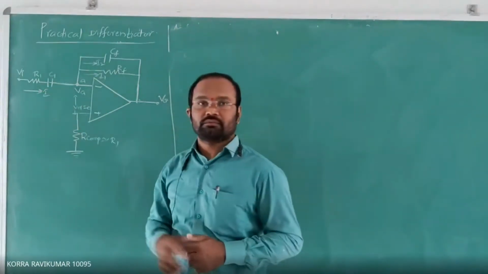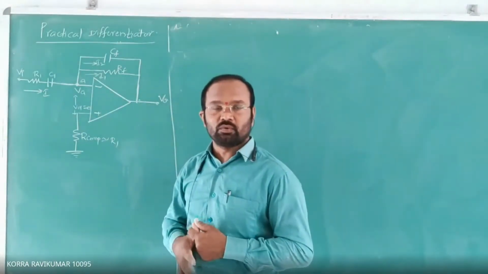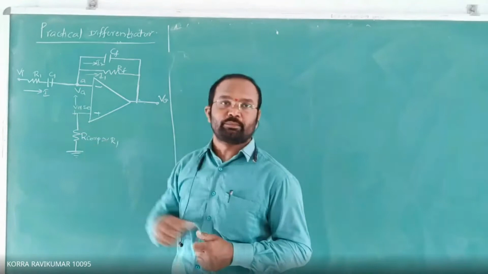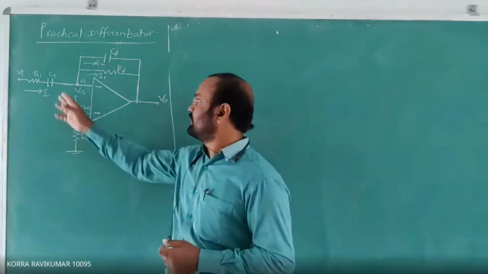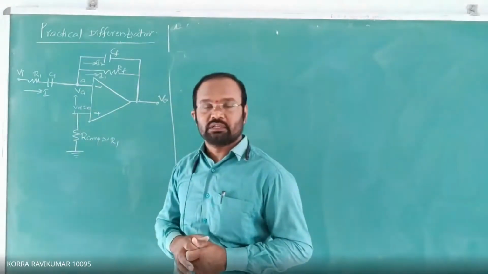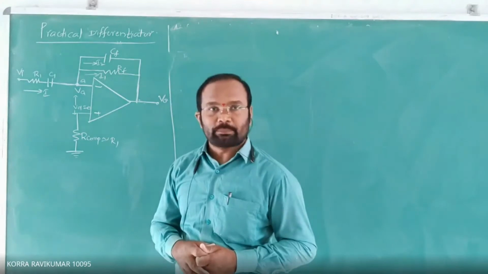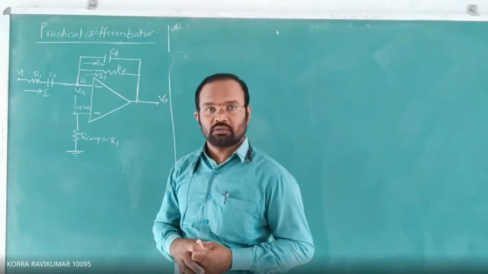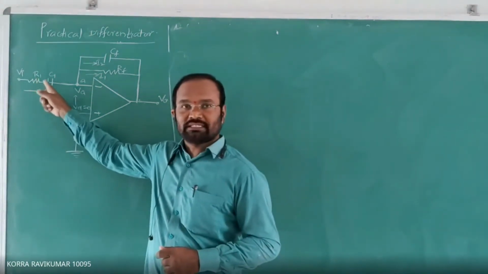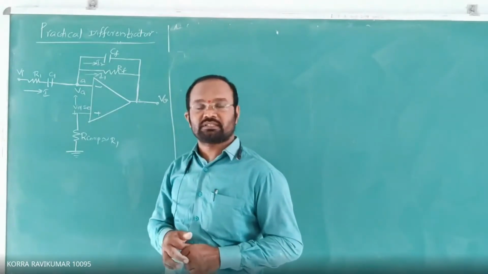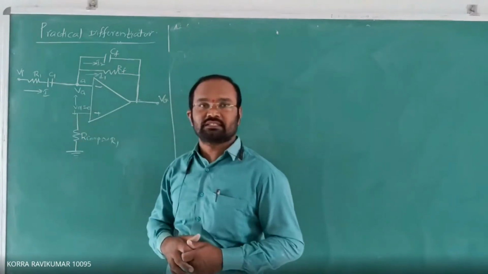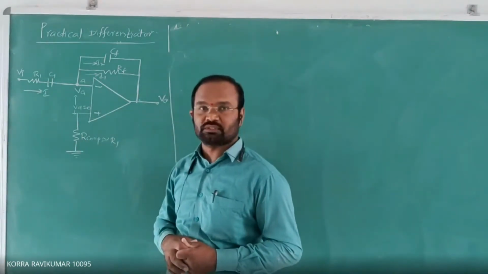R1 and C1, here one capacitor is extra added in order to remove the DC components which were present in the input signal, right? So in order to block the DC signal, we are using capacitor C1, that is also called as coupling capacitor or input capacitor. So here the input resistor R1 is in series with capacitor C1. The current flowing through this R1 and C1 is I. Current I is flowing through that.